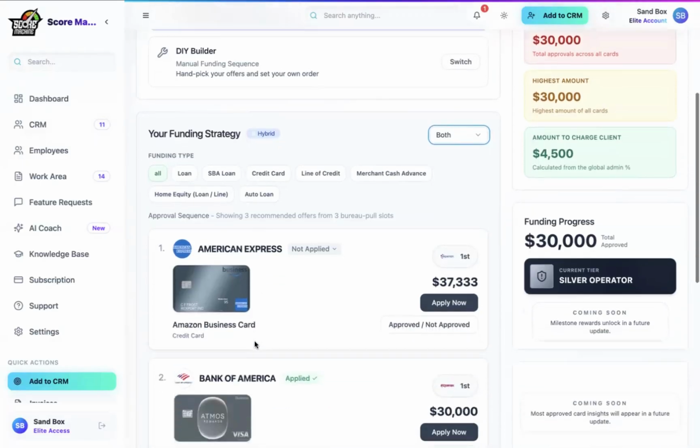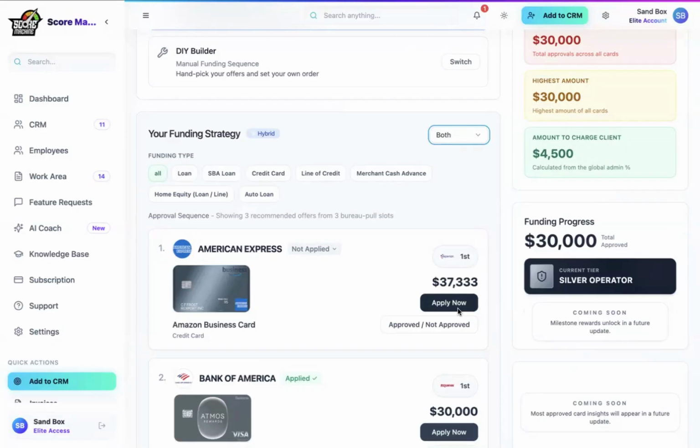Now, the software has already connected us to what they believe will be good options for us based off of that credit report. And as you can see, for Experian, as we only have one pool remaining, we can go ahead and apply through American Express. What you would do is simply click on Apply Now, and that'll take you directly to that application. Now, we do not provide any instructions on how to fill out that application, but of course, make sure that you complete that application as accurately as possible with the correct information,